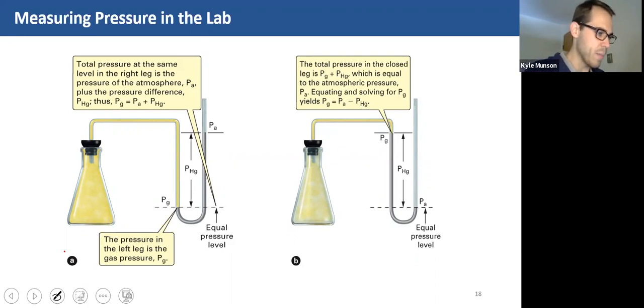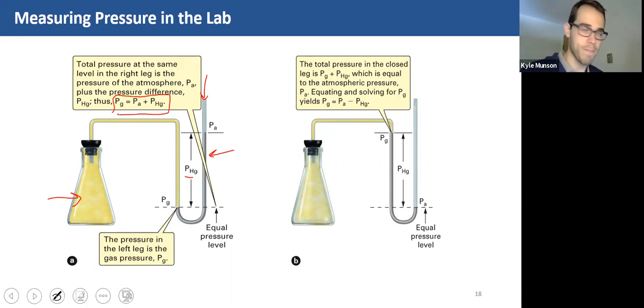So let's look at this example. You have here a lot of gas in this example, a high pressure of gas, and there's some mercury in this tube here, okay? And this end is open, so the atmosphere is pressing down on the mercury in the top of the tube. In this first example, the gas pressure is higher than the atmospheric pressure. So it's pushing the mercury kind of out of the tube, if you think about it that way. And so to get the pressure of the gas, you simply add the pressure of the atmosphere